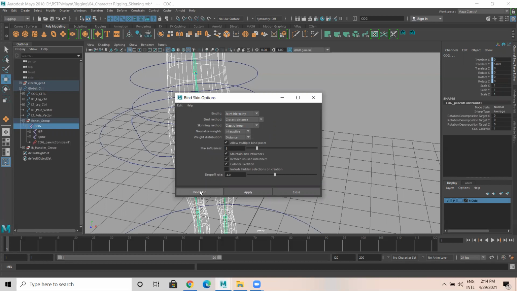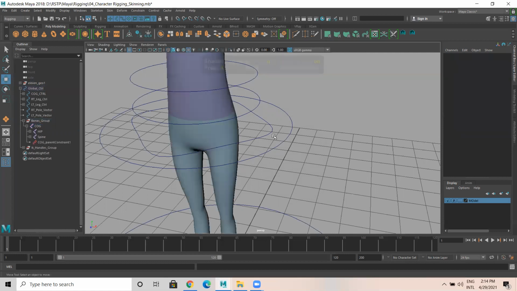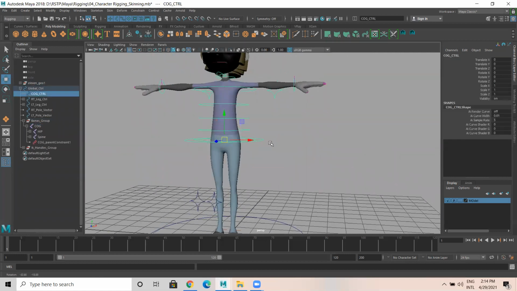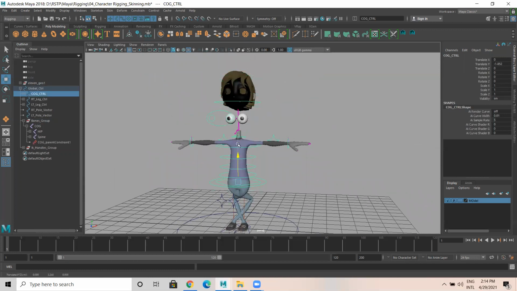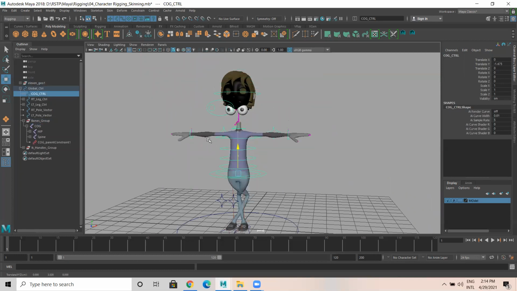Just click on bind skin. Now the base level of skinning is done. Now let's see. Okay, the head part is not skinned.